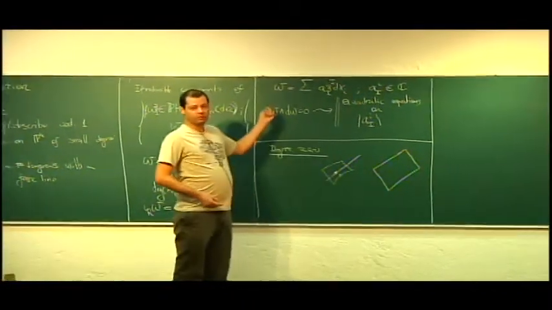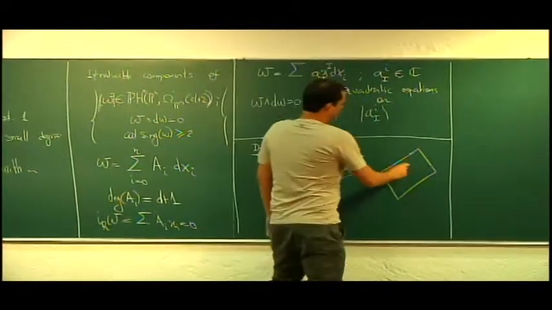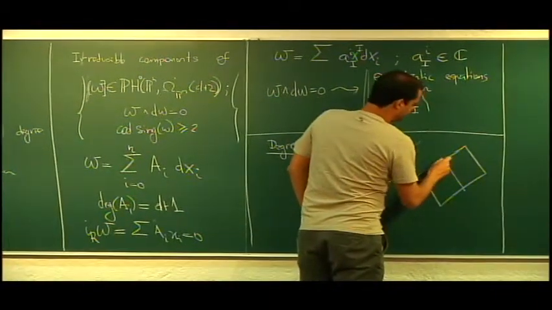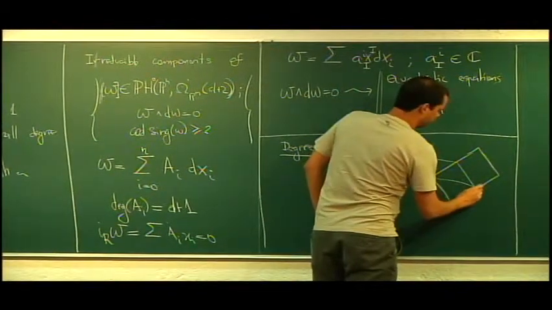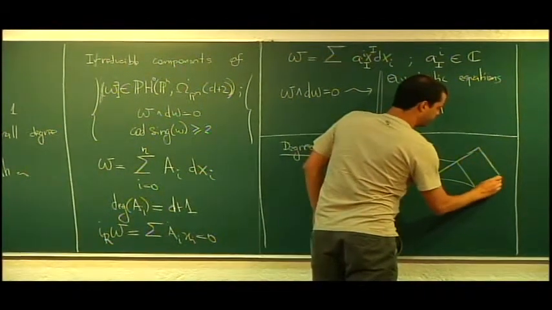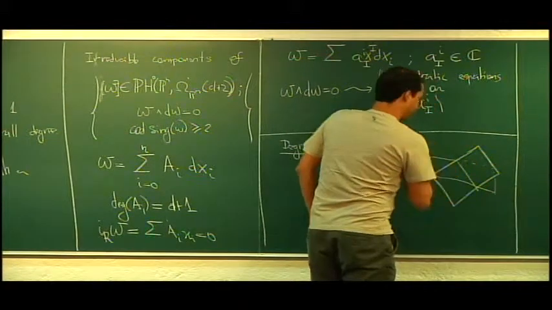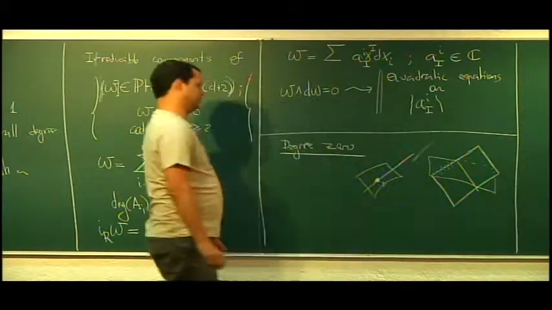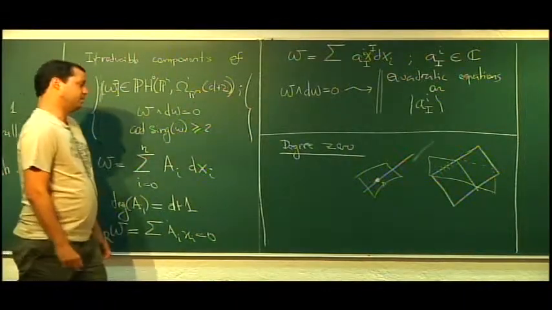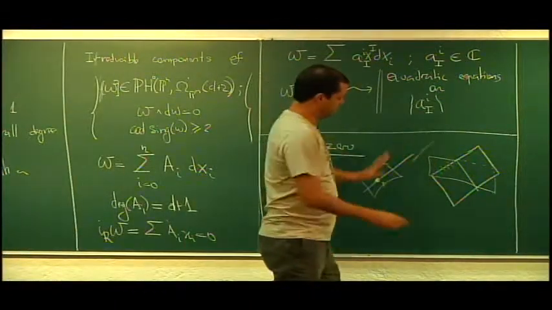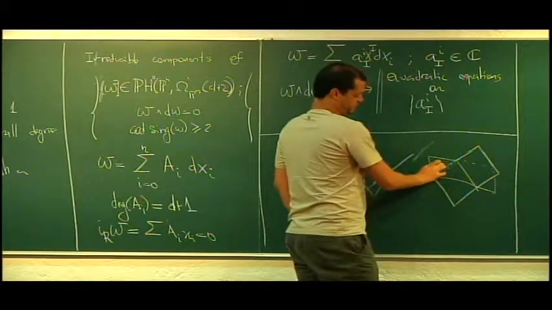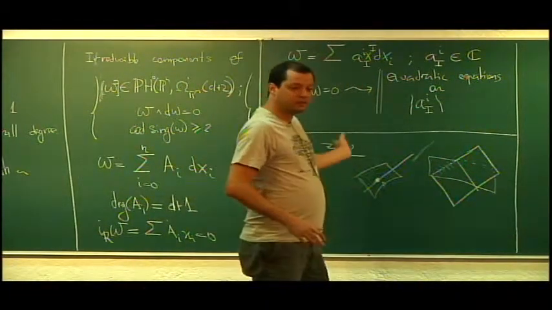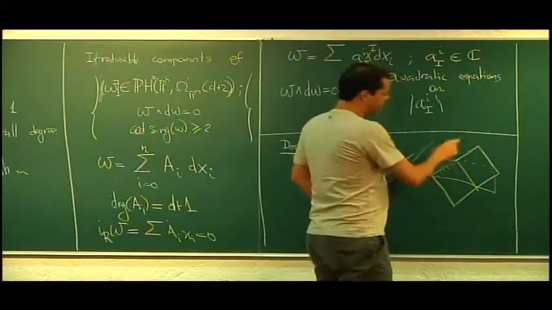Now I do the same thing with another point. I will have another plane which will intersect this one in a line. So now, excuse me for my lack of ability to draw pictures, but I think this, at least, should be clear. And we have two planes intersecting in a line, and it's not very hard to see that when you continue